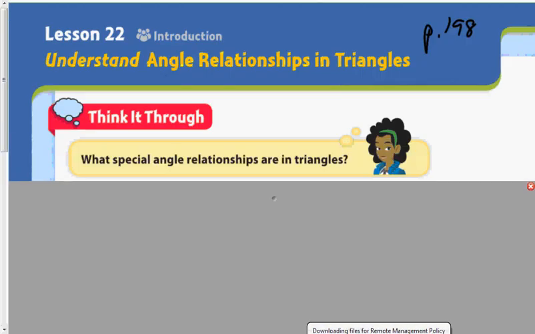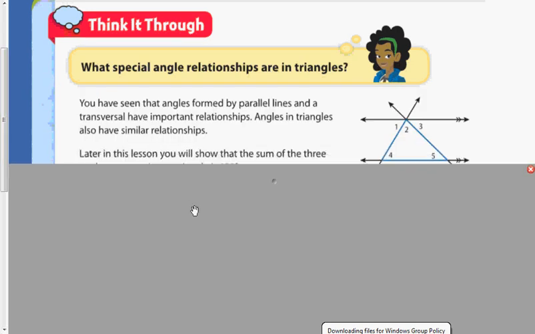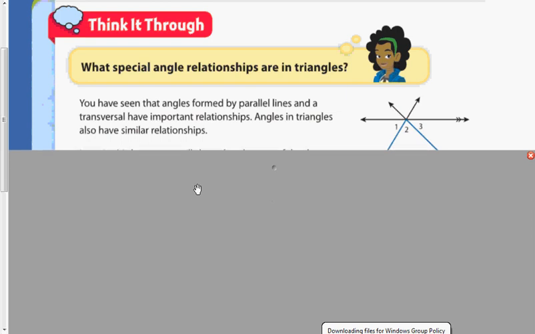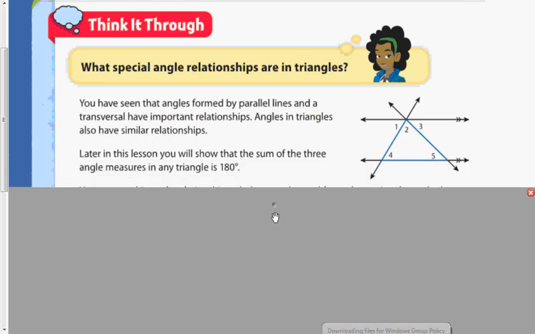What special relationships are there in triangles? One that most people do know is how many degrees there are inside of a triangle. Could you tell me how many degrees there are? Well, if you didn't know, inside of a triangle, we'll read this through. You've seen triangles formed by parallel lines and a transversal. They have important relationships. Angles in triangles also have similar relationships, and one of those is that